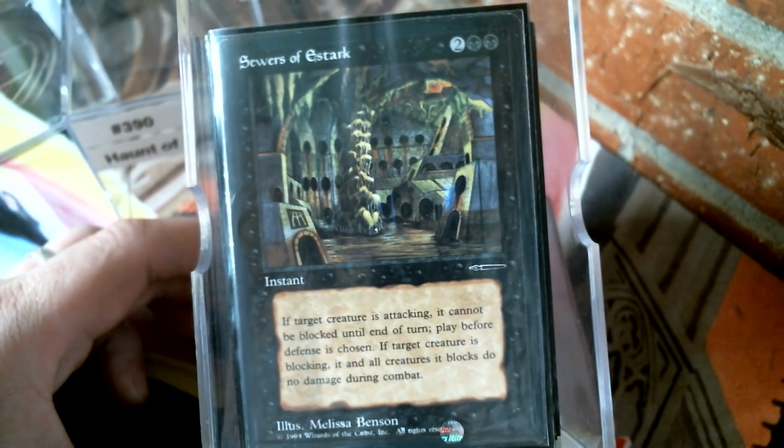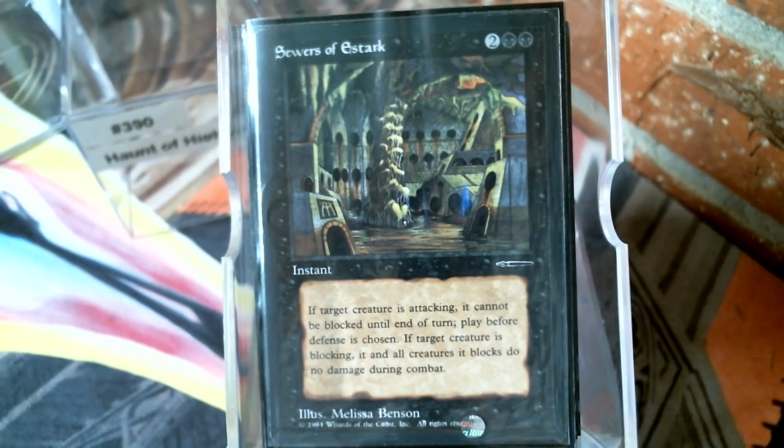Now, yeah, it looks fake as all get out, but this is real. I don't know if this was ever printed again. The little paintbrush thing, what that is, or pen, I think is what they call it. Back in the day, you would buy magic novels, and in the back page, you could tear it out and send it in, and they would send you a card. That's how Mana Crypt came about. That's how Arena came about, and that's how Sewers of Estar. Now, Sewers of Estar is the one that doesn't get as much love. It ain't as broken. However,